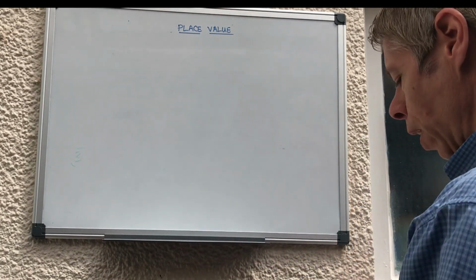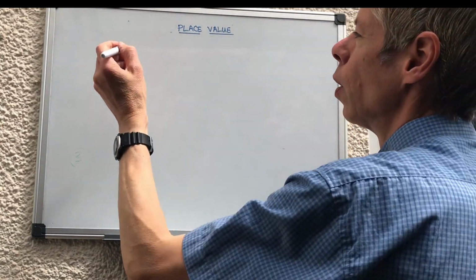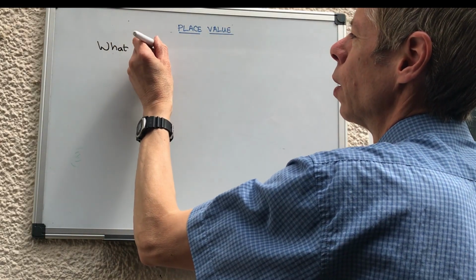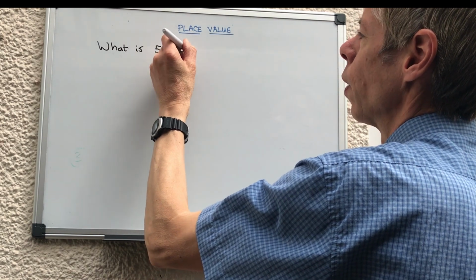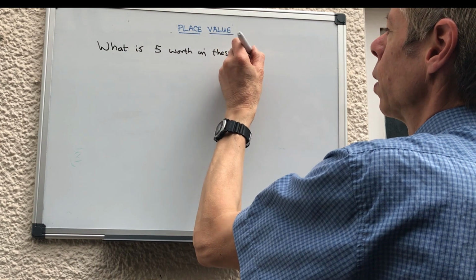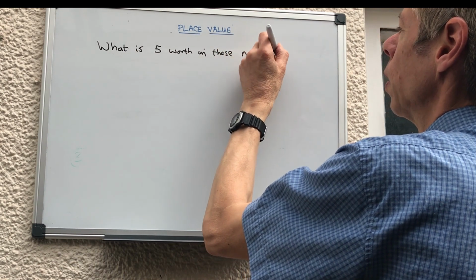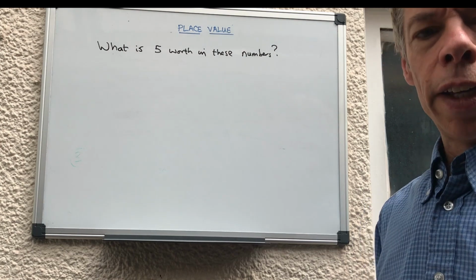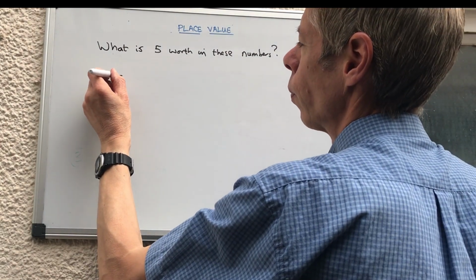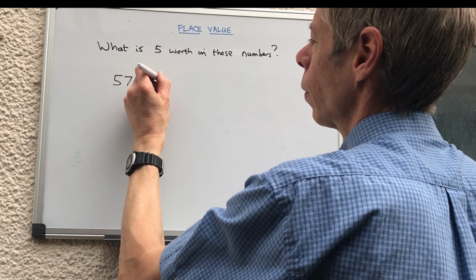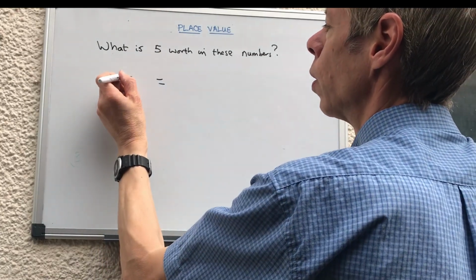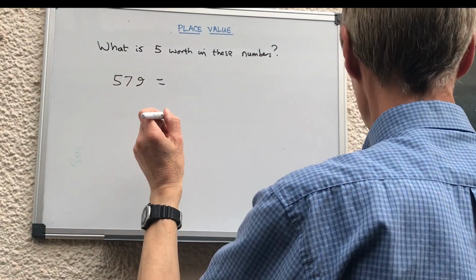Right, so looking at place value, what is 5 worth in these numbers? Okay, so what's 5 worth in each of these numbers? That wouldn't be very clever. It's 575, 579,